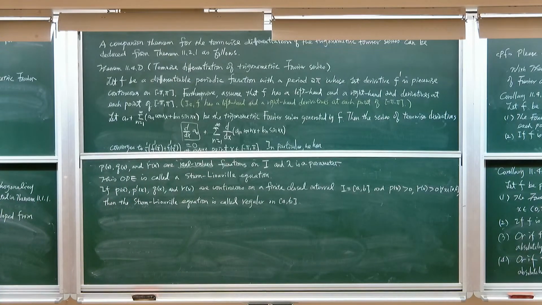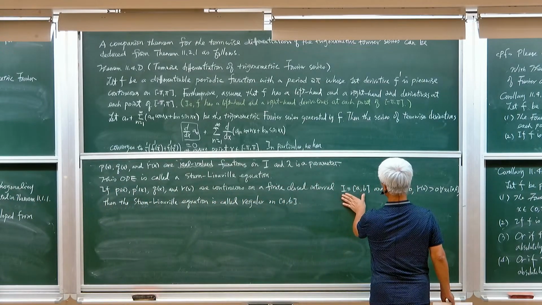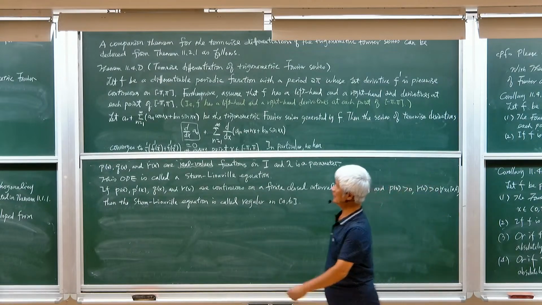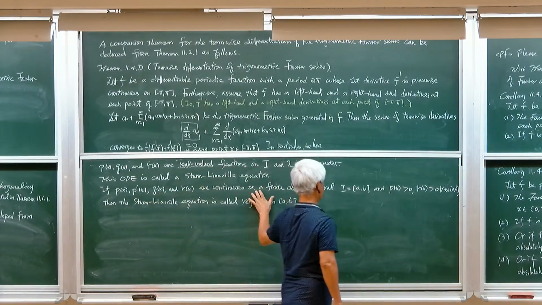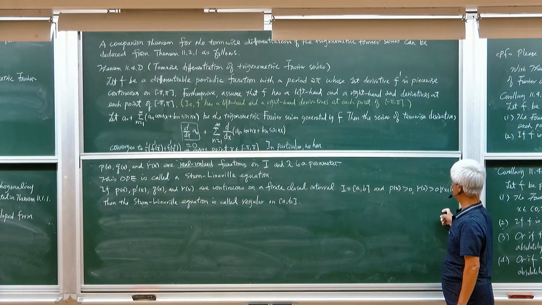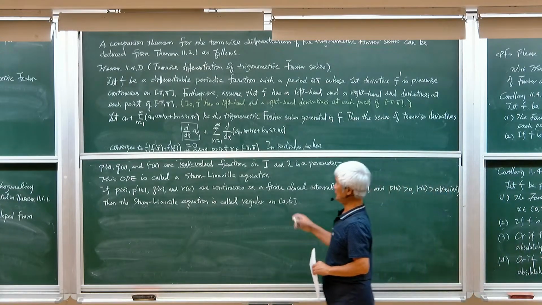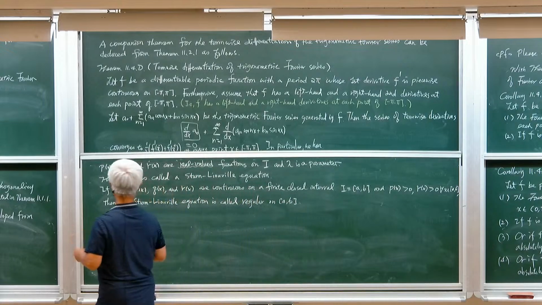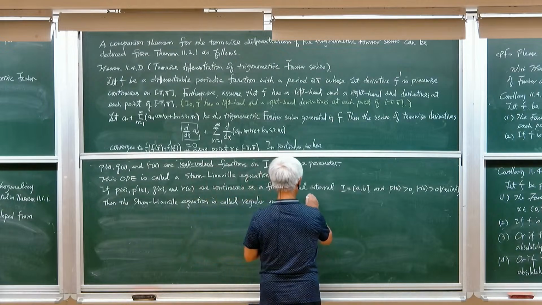Suppose that the differential equation is specified on a finite closed interval, so that p(x), p'(x), q(x), and r(x) are continuous, and p(x) and r(x) are positive for all x in this finite closed interval. In this situation, the Sturm-Liouville equation is called regular on [a, b],